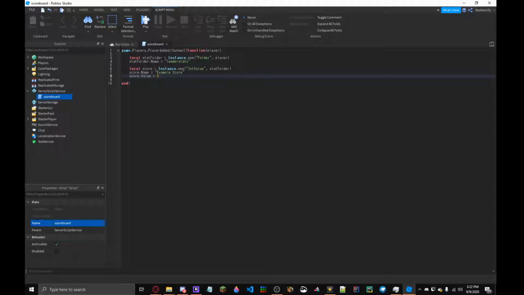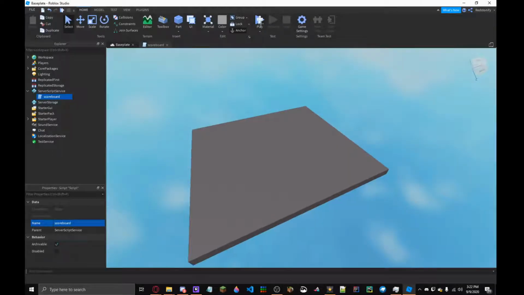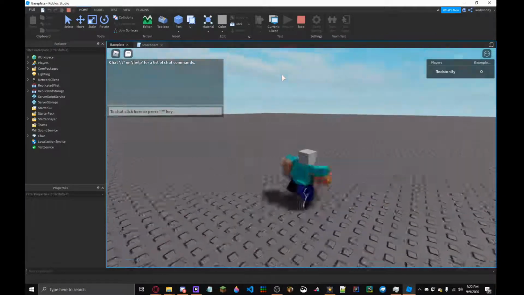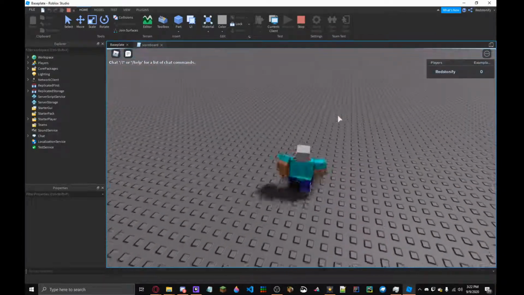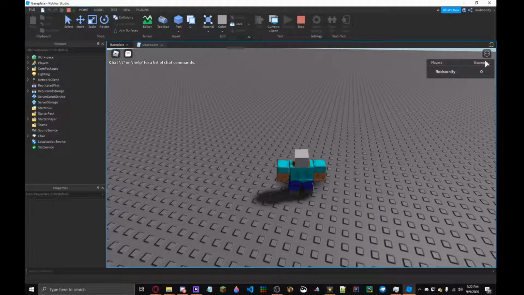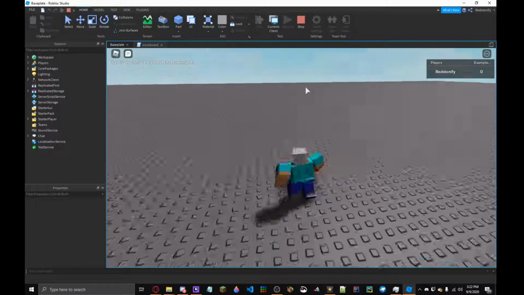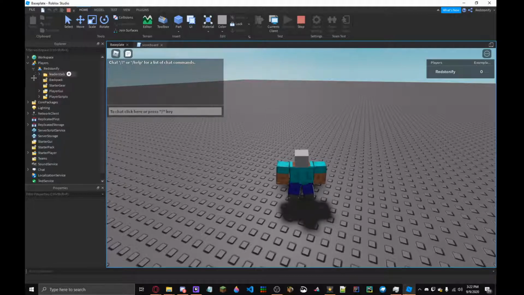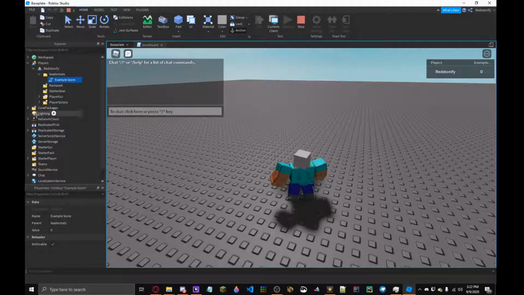Okay, so now if we just play the game, as you can see here, we're in the game, and just look over here, it says Redstoneify. The thing is, it's kind of long, so it got cut off, so it says example, and it says 0. And if we actually go into players, Redstoneify, you'll see there's a folder called leaderstats and a value called example score. And if we just change this to anything,